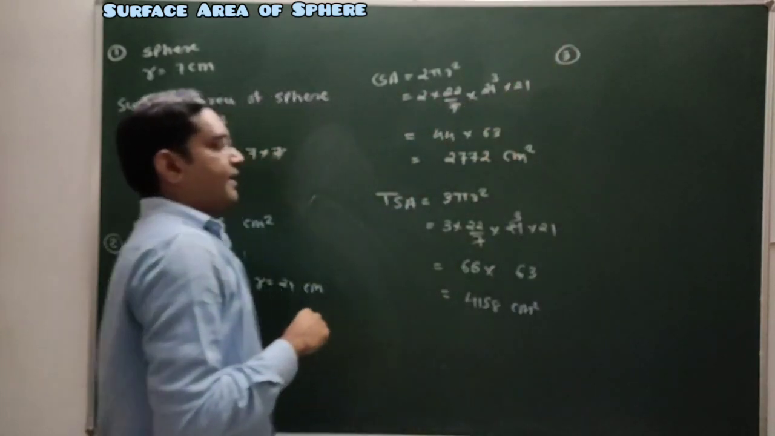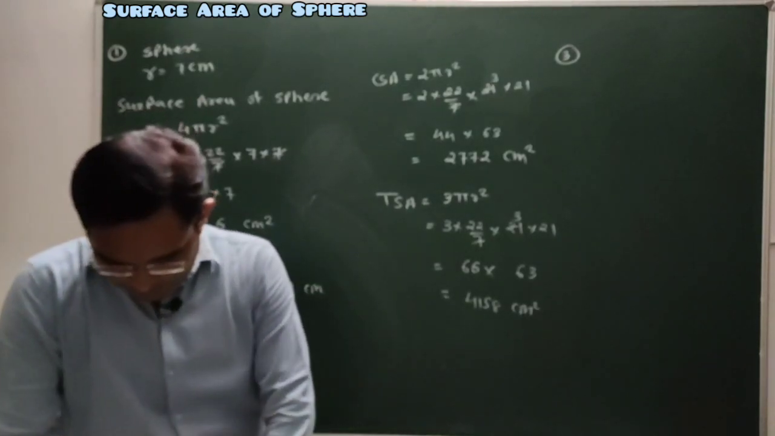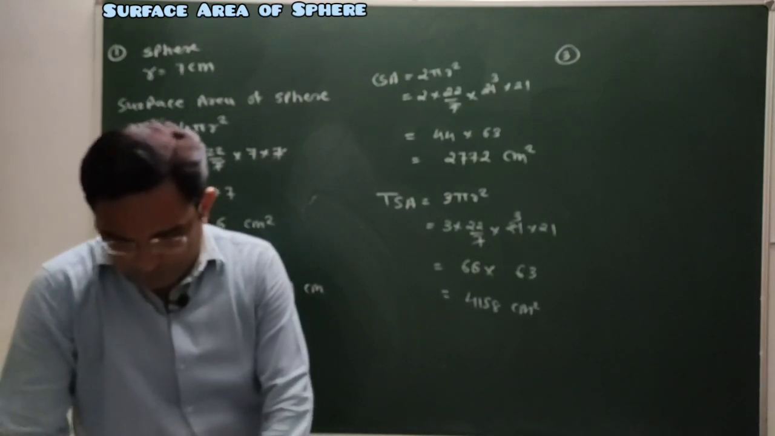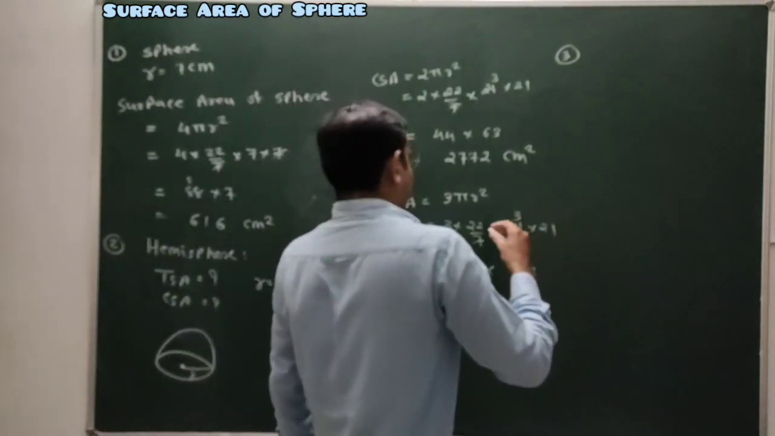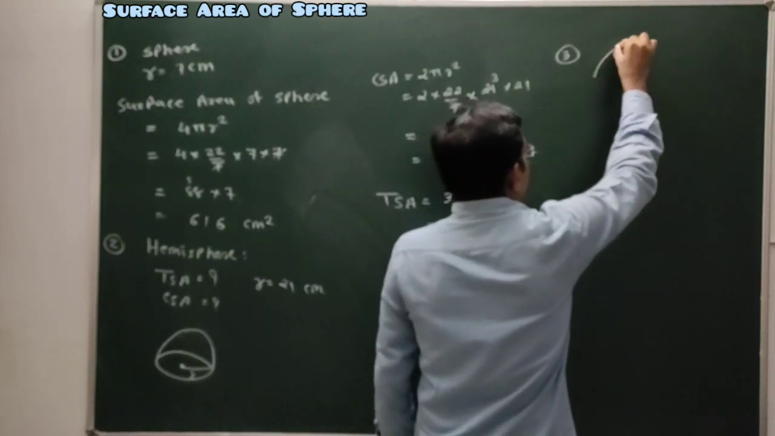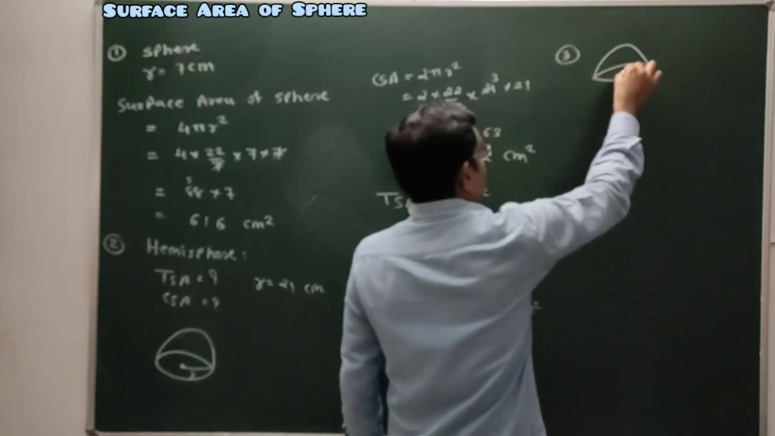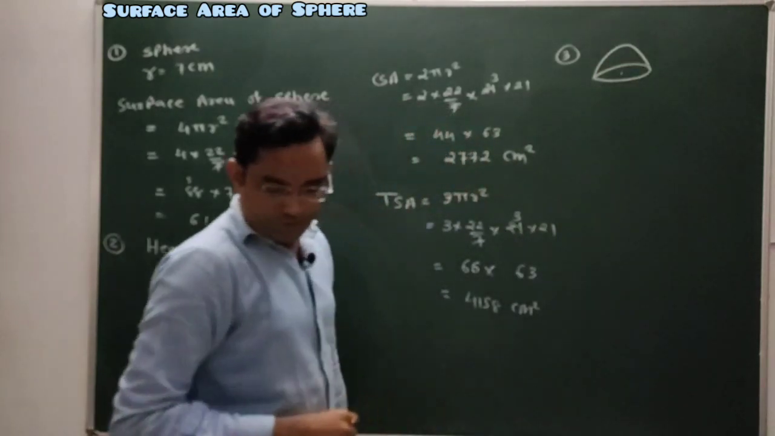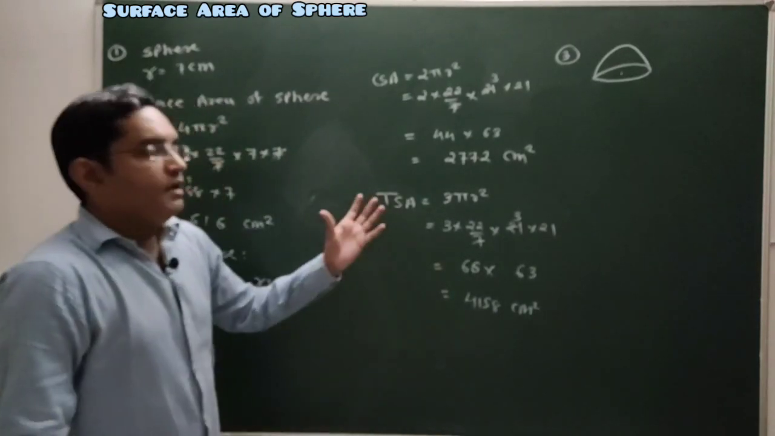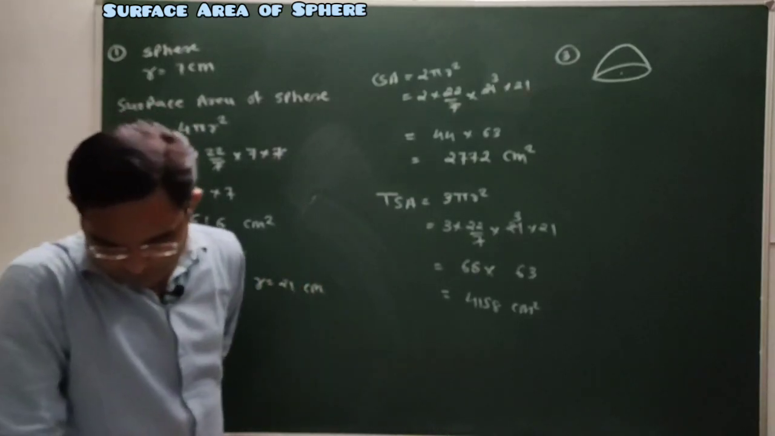Now students, next question, question number 3. Here we are given that a hemispherical dome is to be painted from the inside. The dome is in the shape of a hemisphere. This hemispherical dome is to be painted from the inside. The inner curved surface area of this dome is to be painted. So for this dome,